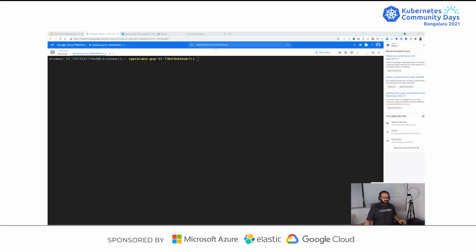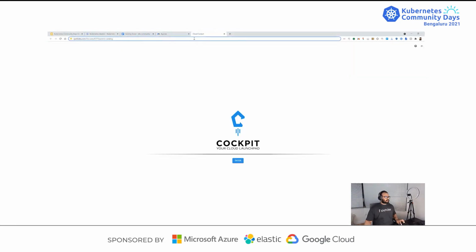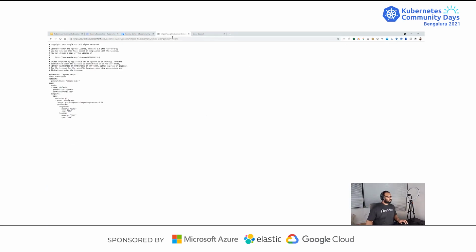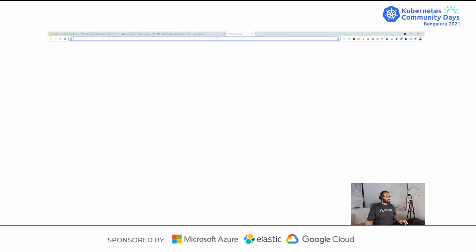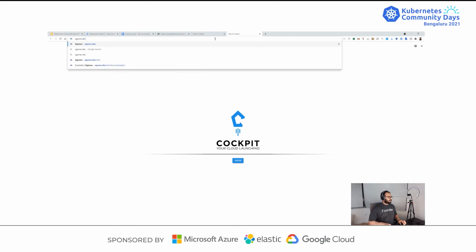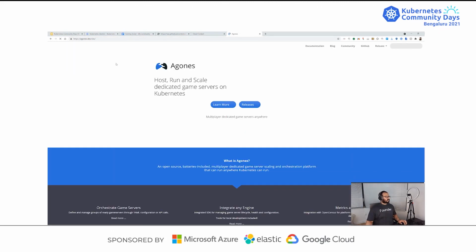For this demo, we're going to take a simple UDP game server. All the information for Agones is available at agones.dev. That's pretty much the site.